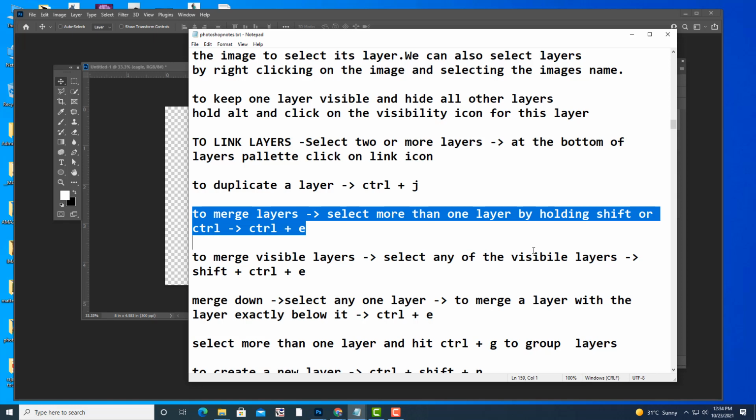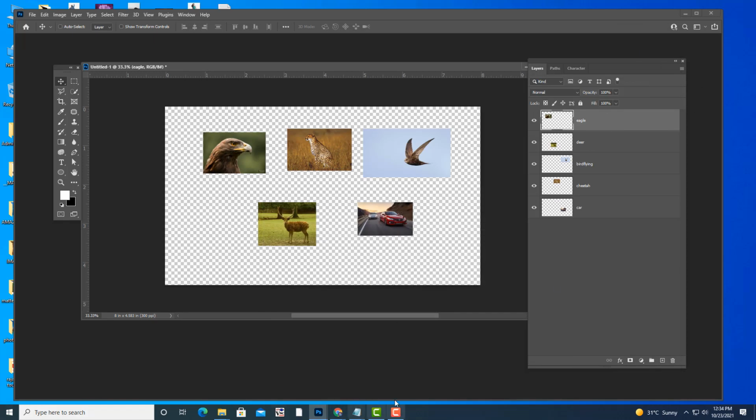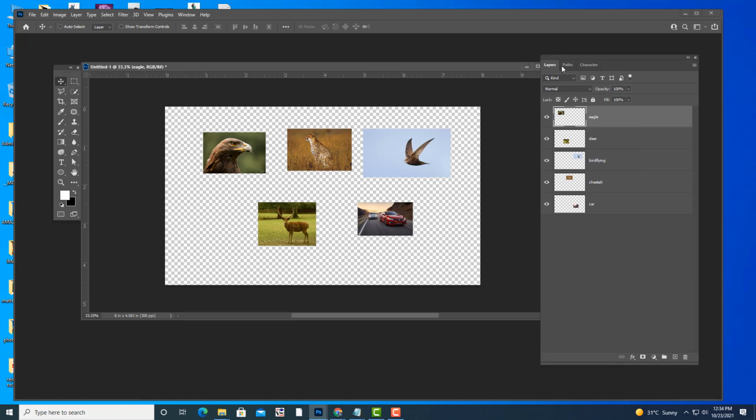Okay. So see here, we are going to merge layers.